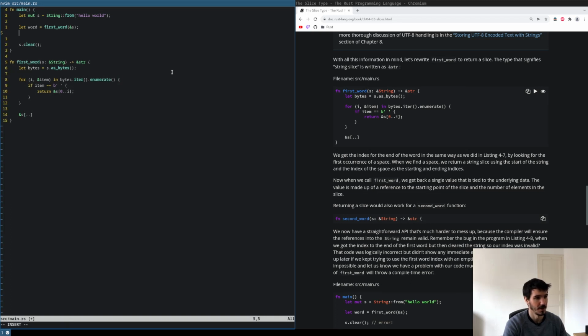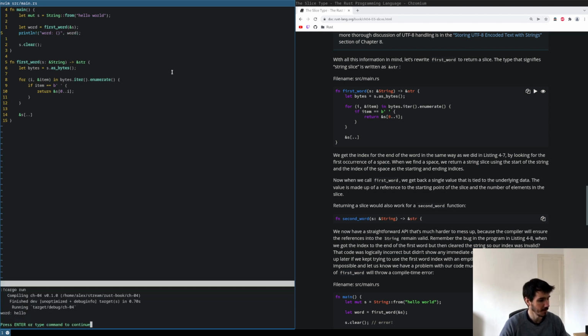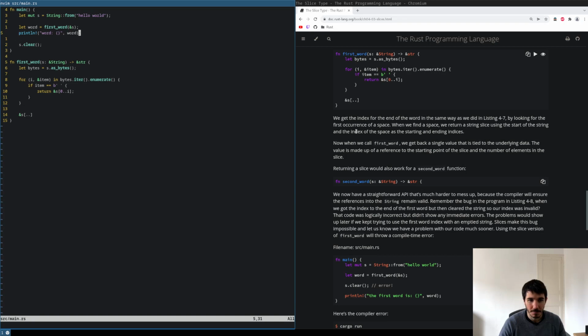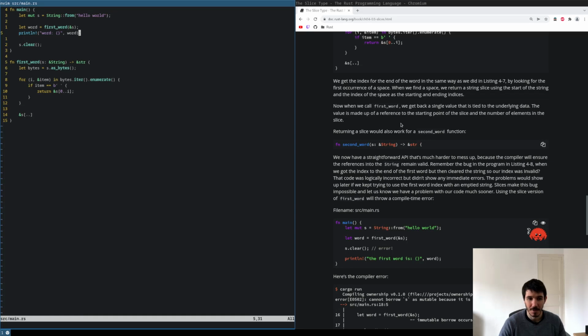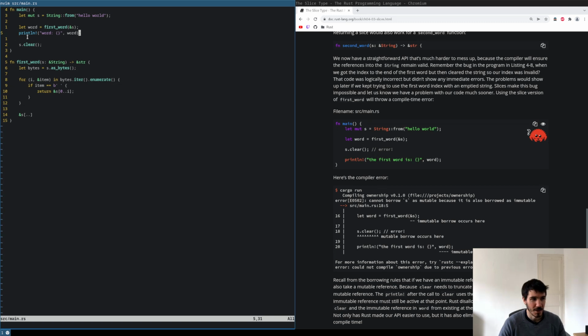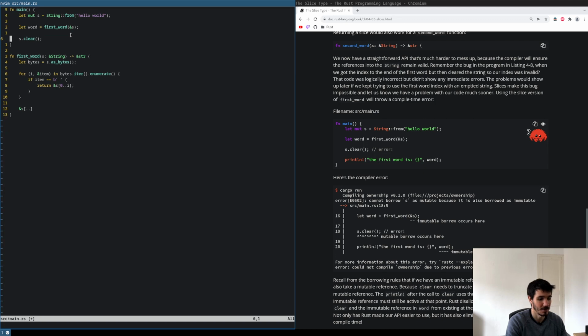Now, let me also print the word here and try to run this. Word, hello, and it works. Okay. The value is made up of a reference. So this is much more useful, and in fact we can also print it after